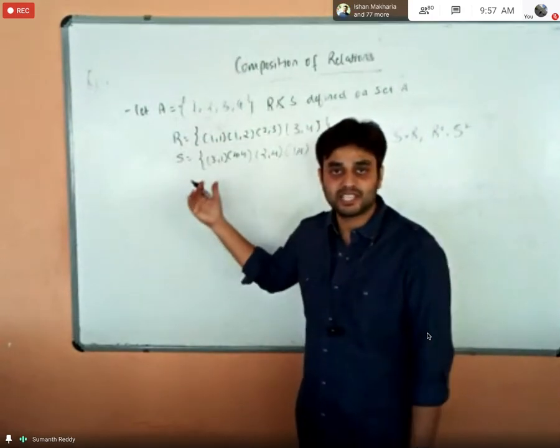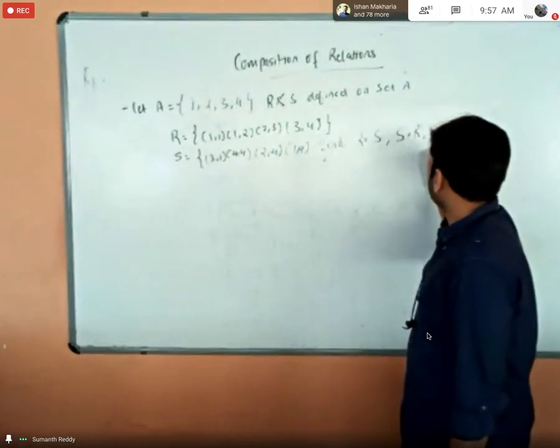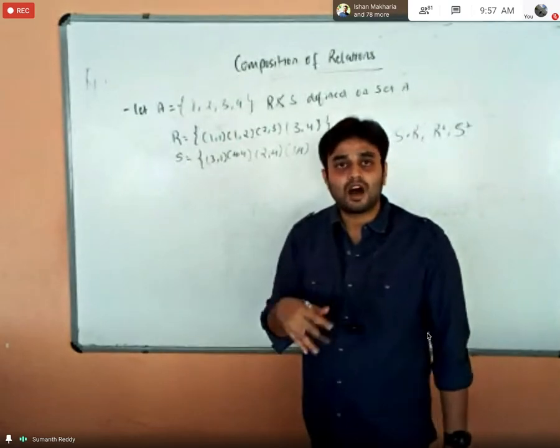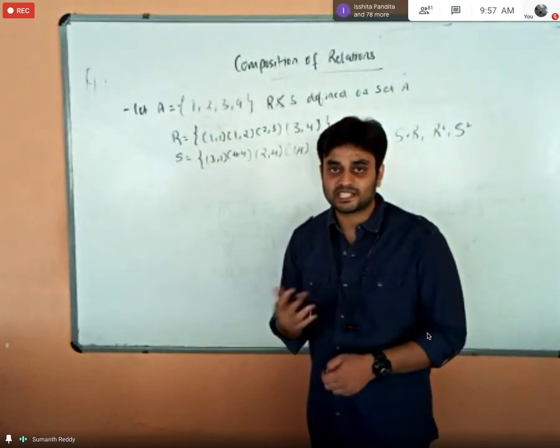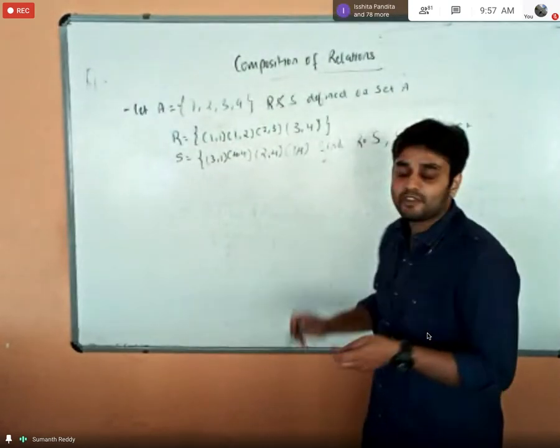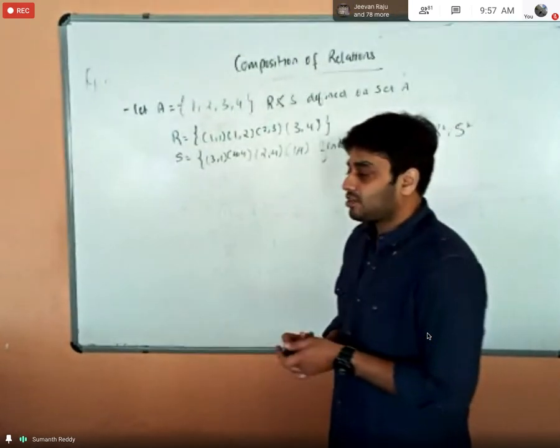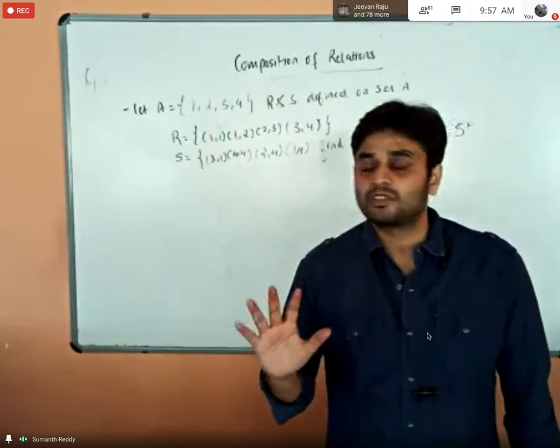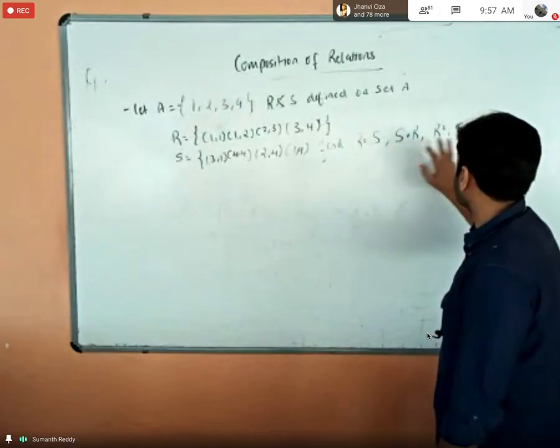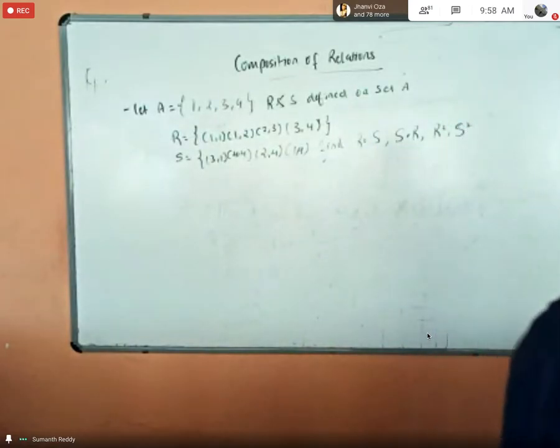So every set will have the same elements. And one more thing is, what is R square and S square? R square is R composition of R, and S square is S composition of S. Okay, so I think easily you can solve this problem. So please solve it. I'll give 5 minutes time. So you have to post the answers for all the four. Fine. I think you can solve this.